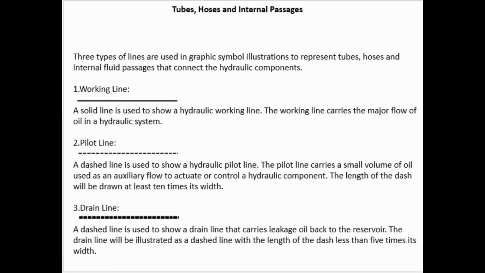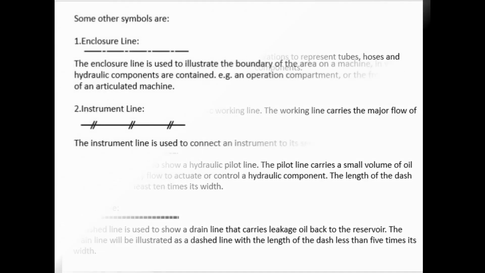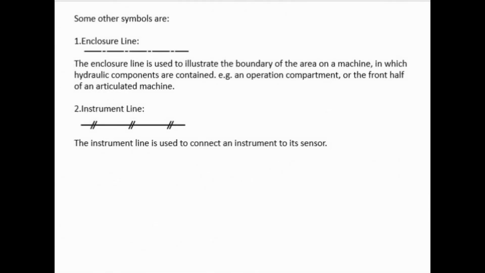The length of the dash will be drawn at least 10 times its width. 3. Drain line. A dashed line is used to show a drain line that carries leakage oil back to the reservoir. The drain line will be illustrated as a dashed line with a length of the dash less than 5 times its width. Some other symbols are: